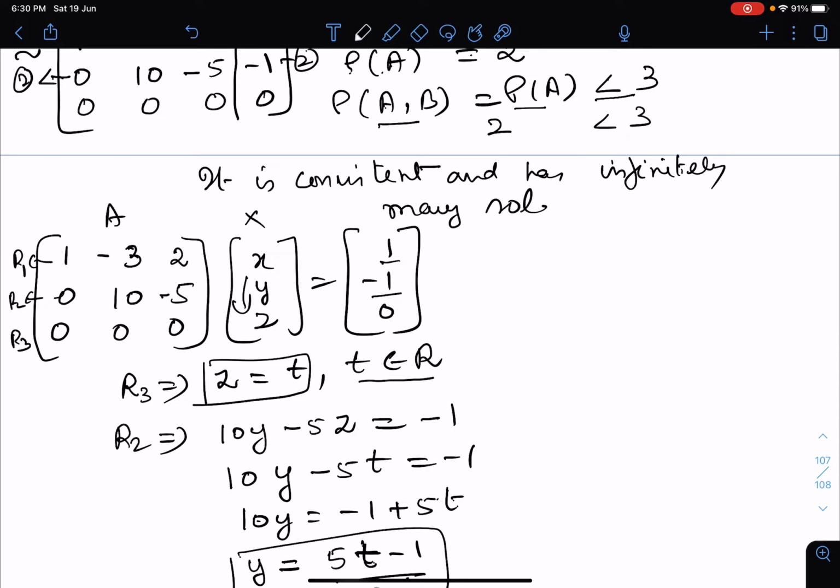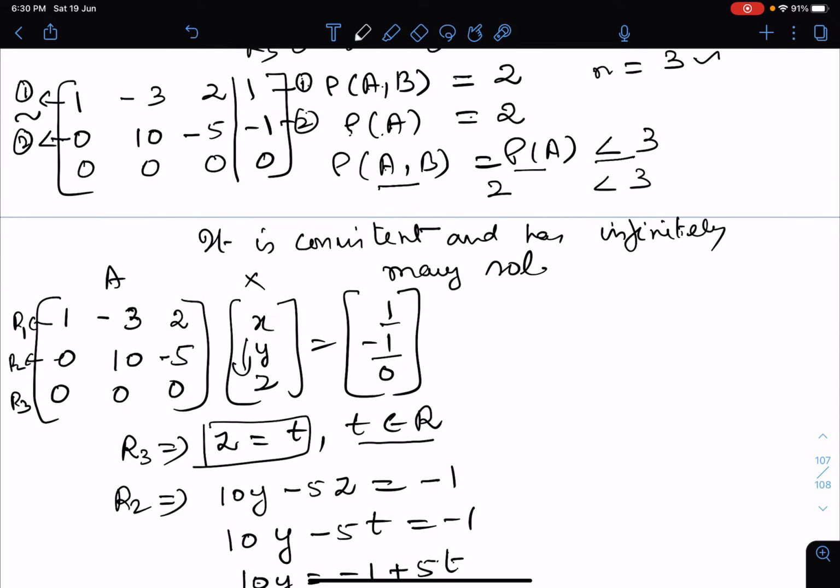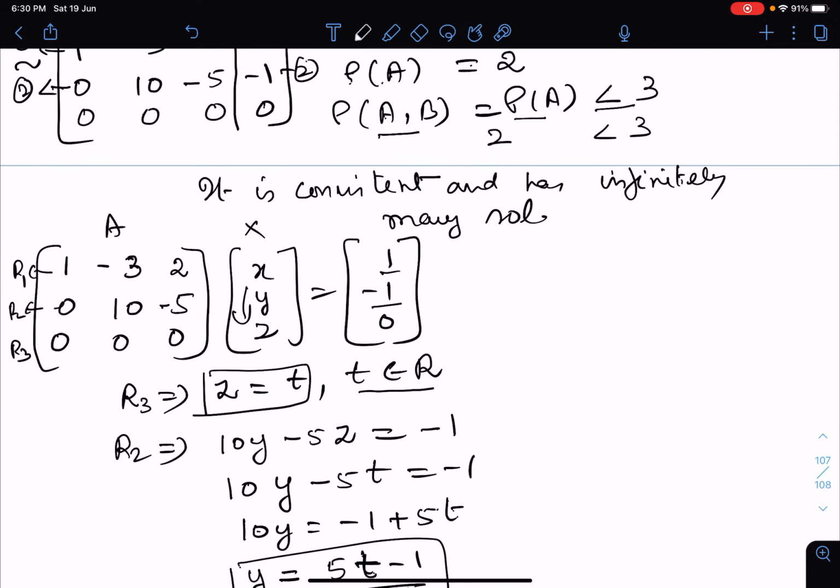Okay, and now we have to find the solution also. So I have separated this augmented matrix as Ax equal to B. 3 cross 3 makes our matrix A, and X is our unknown x, y, z, and our constant is 1, minus 1 and 0. Now we are going to get the solution using our back substitution method. As far as row 3 is concerned, it is going to be 0, but this is not possible. Therefore we assume for z a real number t as a constant which belongs to real number.